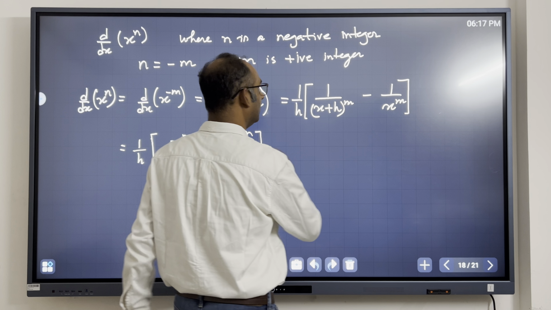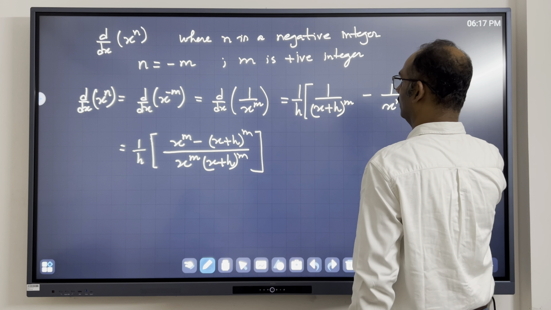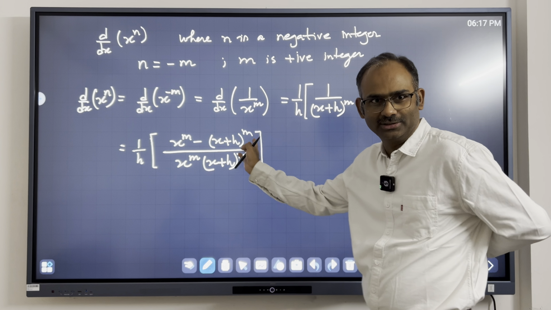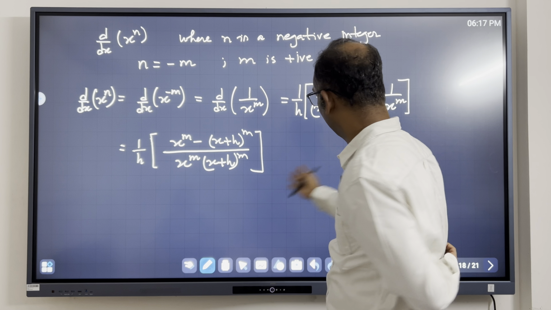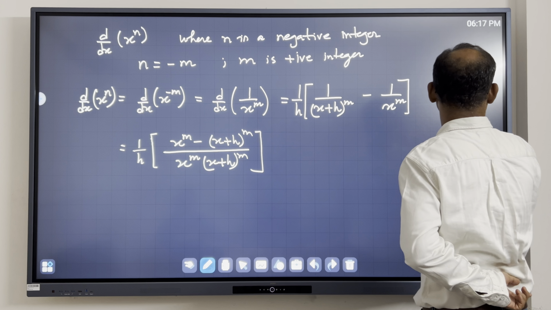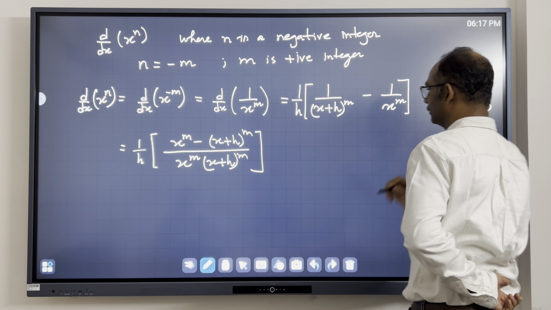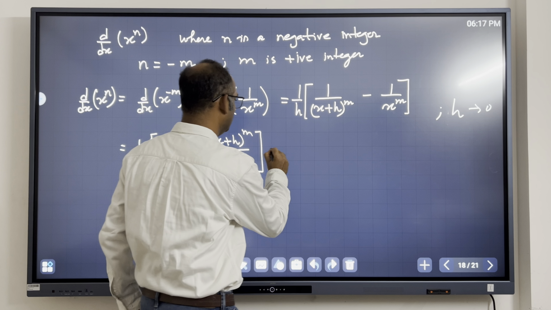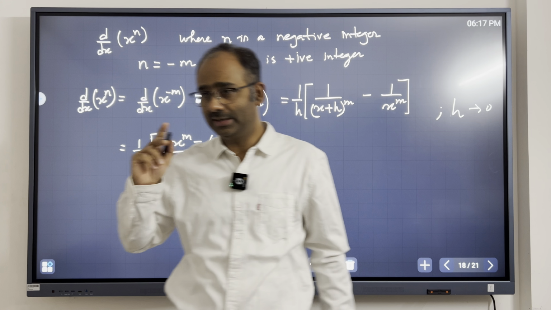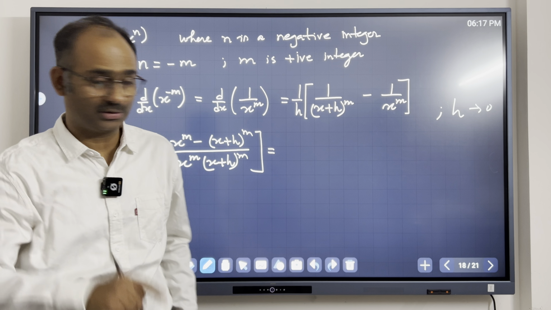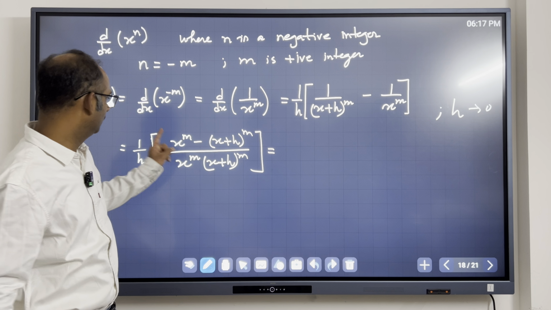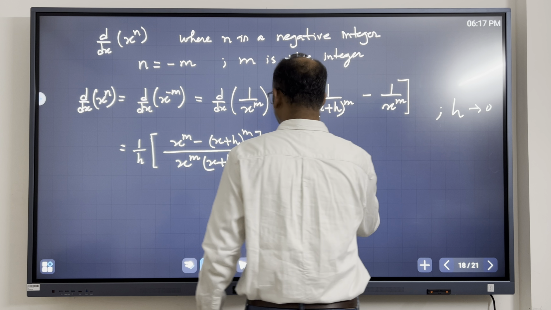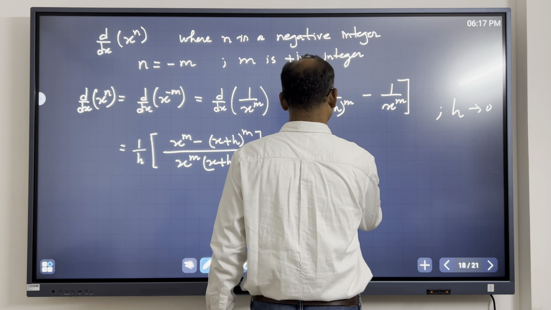Now remember we have to take the h going to 0 limit always. You can write it yourself. I have to say h going to 0 limit, in the limit h going to 0, for all the steps. Now you will recall what we did when we were looking at the derivative of x to the n, where n was a positive integer. The same thing we can do. So it's 1 over h, x to the m minus